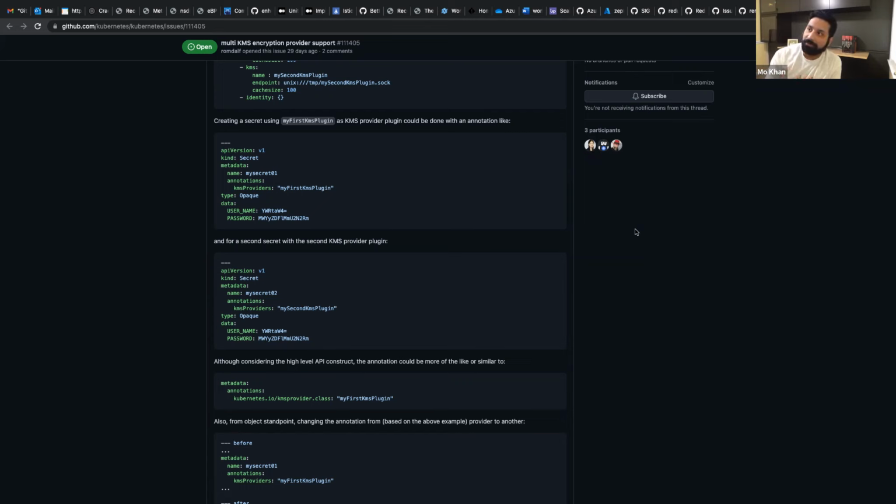I don't think it makes that much sense. I would be concerned about, even at the namespace level, having some way of talking about KMS plugins. For example, if you typo the name, what is supposed to happen? Is everything supposed to fail in the namespace? Is it silently supposed to keep working? I don't understand.